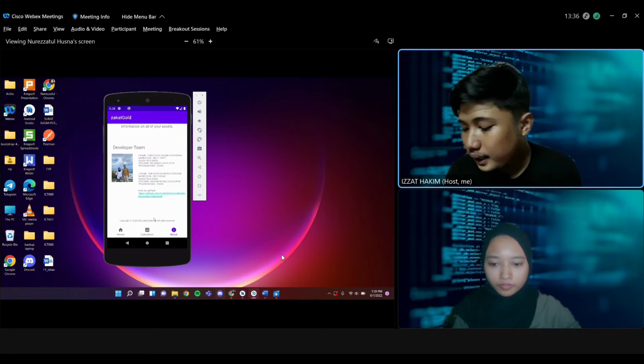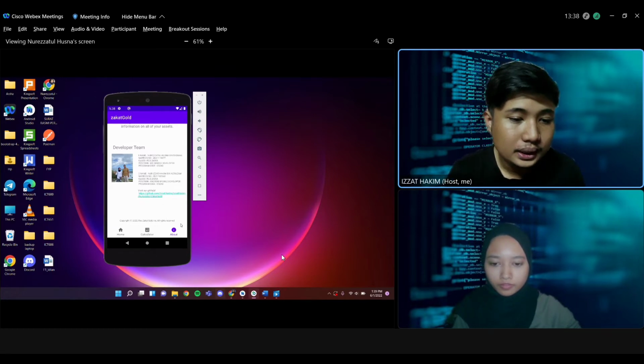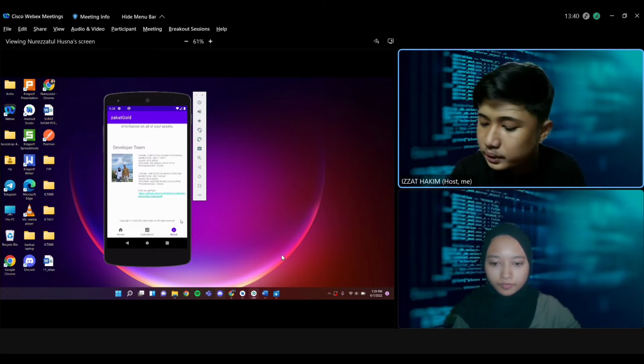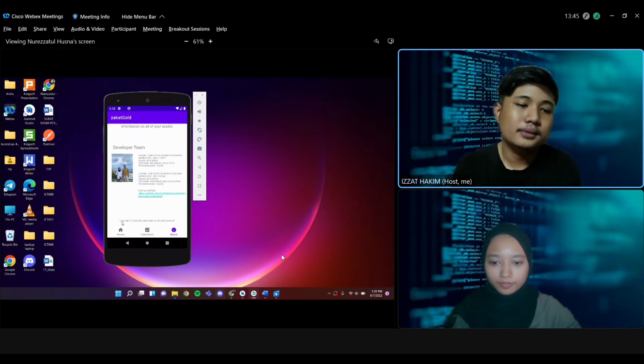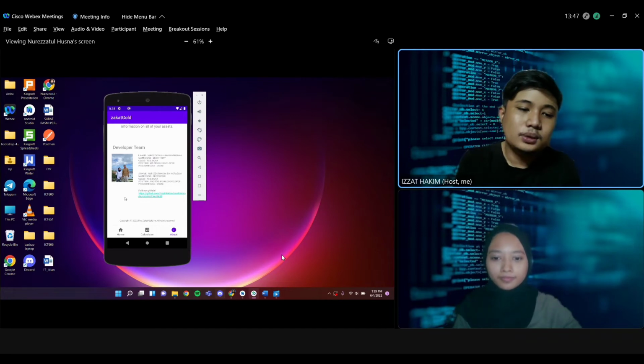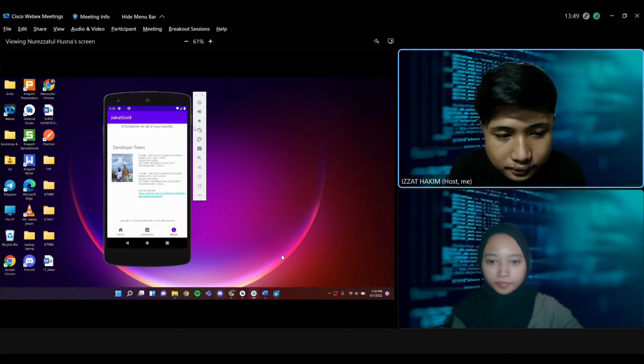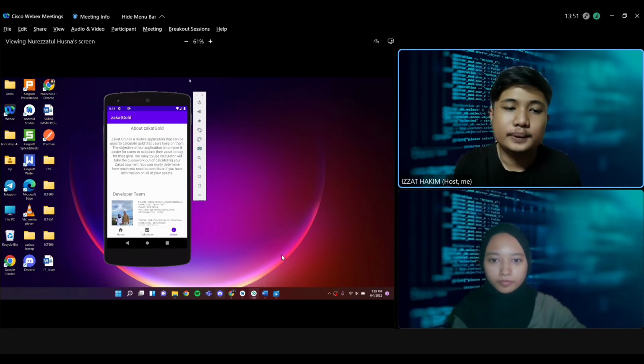At the bottom of the about page, you can see our copyright statement, Zakat Incorporation and our servers. Okay, next I will pass to my partner Nuriza Tusna for the calculator and coding.